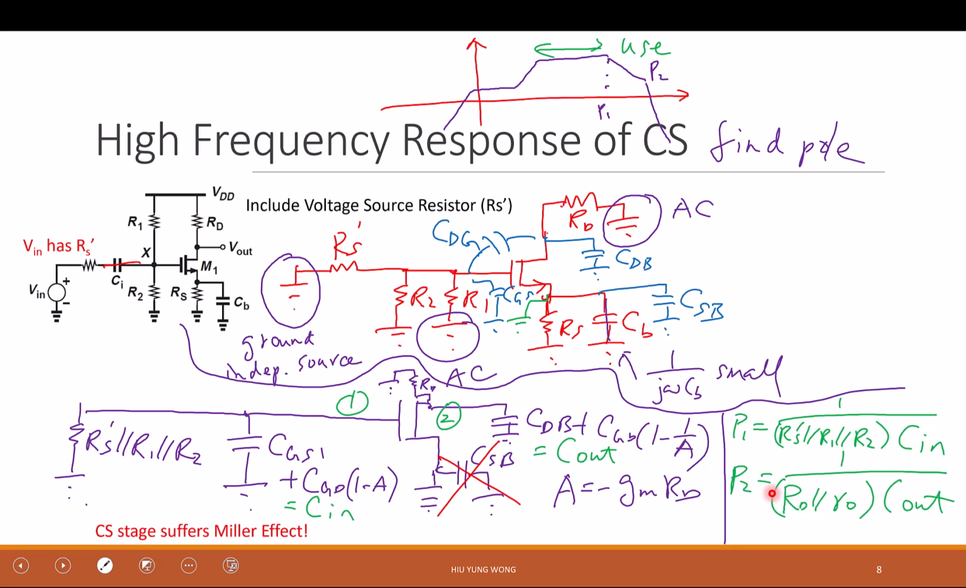Well, you want to push P2 further to the right, let me reduce Cout. Or let me reduce RD. Maybe it works, right? But RD is going to change your gain. Then you know that if you push this pole to the right, the gain is going to go down. Can I afford that? Then now you have insight, right? Okay,